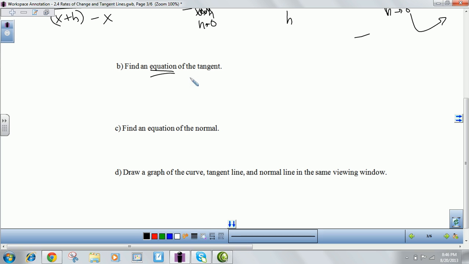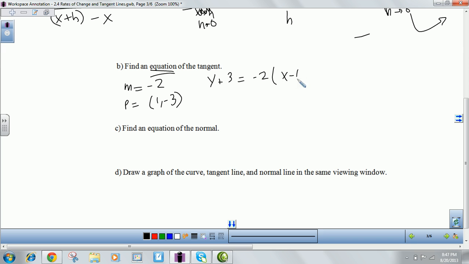And all you need for the equation is the point and the slope. And we have the point. And we have the slope. The slope is negative 2. The point is 1, negative 3. Okay? So we're going to put it in point slope form. So it's going to be y minus negative 3, so that becomes plus 3, is equal to your slope